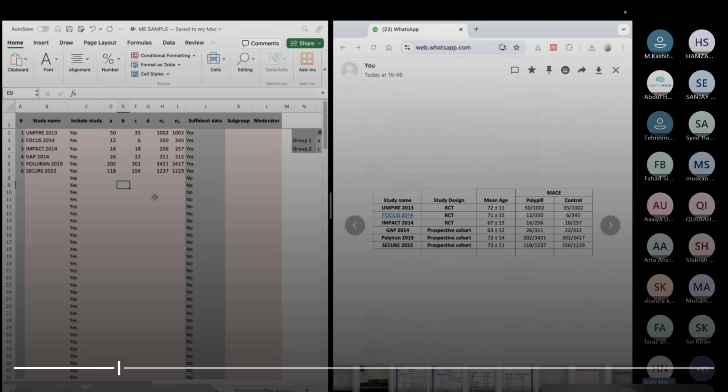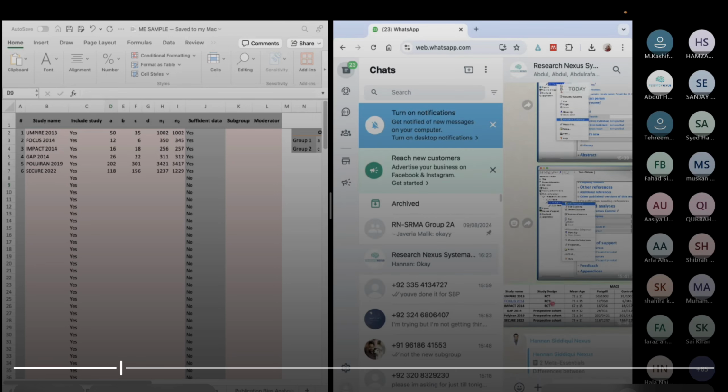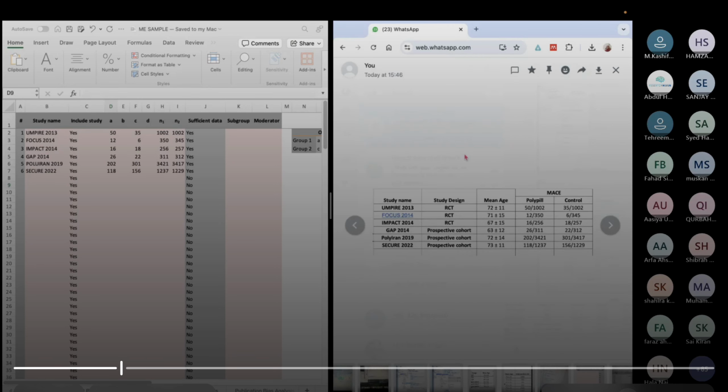Yes, the same sheet can be used in our future studies as well. You can just clear the study name and the data we just added. You can simply click delete, और ये सब delete हो जाएगा, and then you can use it as a new sheet. Guys, can I move ahead now?